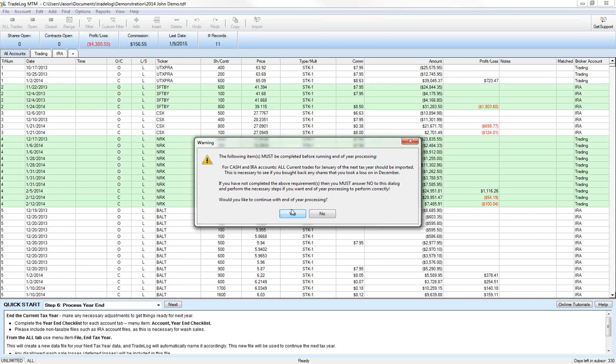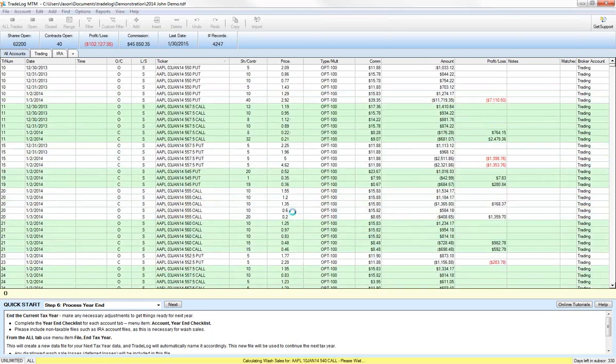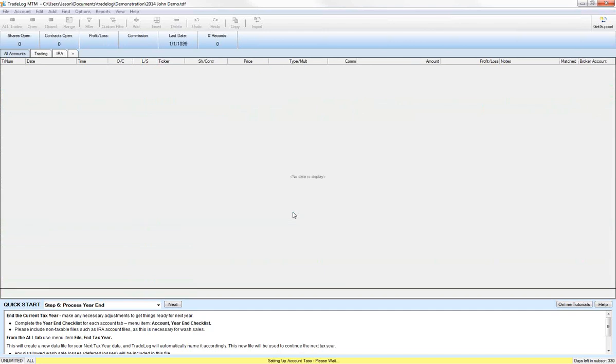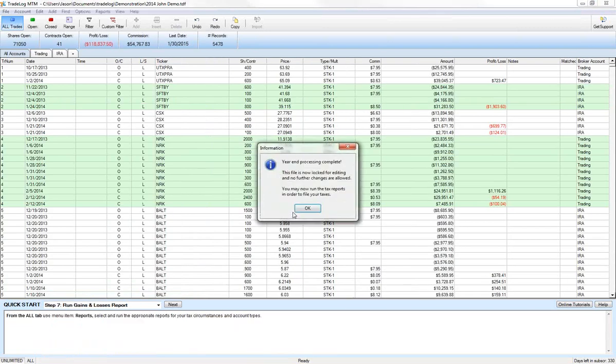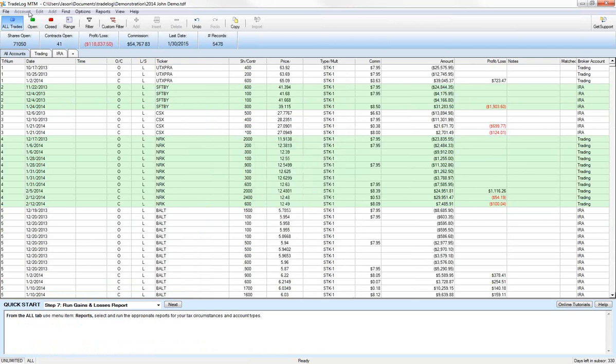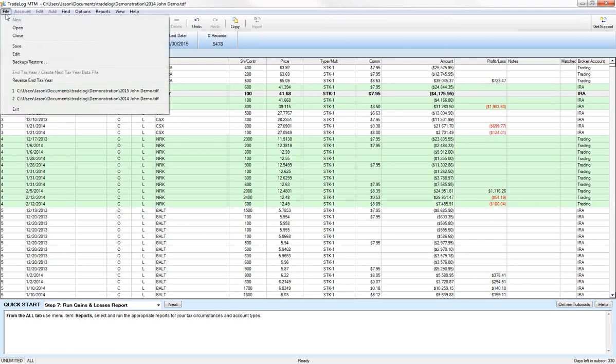I'm going to click yes to continue. It'll only take a few seconds. TradeLog is going to make the adjustments, and it's going to pop up a message saying year-end processing is complete. Once you've completed the year-end processing, you'll notice the account, the edit, and the add menus are grayed out. You can no longer edit trades in this file because you've said you were done, so we close the books on the file. But you'll also notice if you go to the File menu, there should be a 2015 file